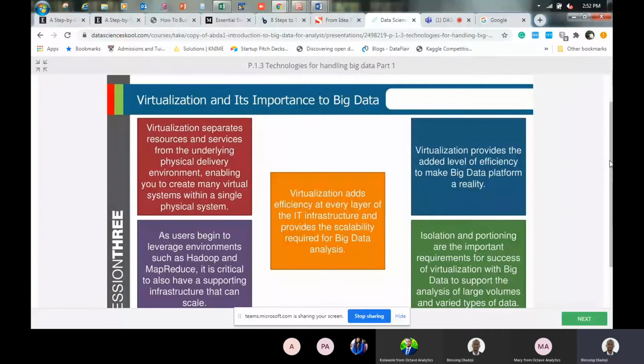Now, there is what they call VMware, virtual machine, that will be installed on that 1 single server and then partition that 1 single server into 3 different servers. So that concept is called the concept of virtualization. It's also trying to cut costs and maximize the physical resources that are available. The concept of virtualization tries to isolate the available resources and services from what I call the underlying physical environment.